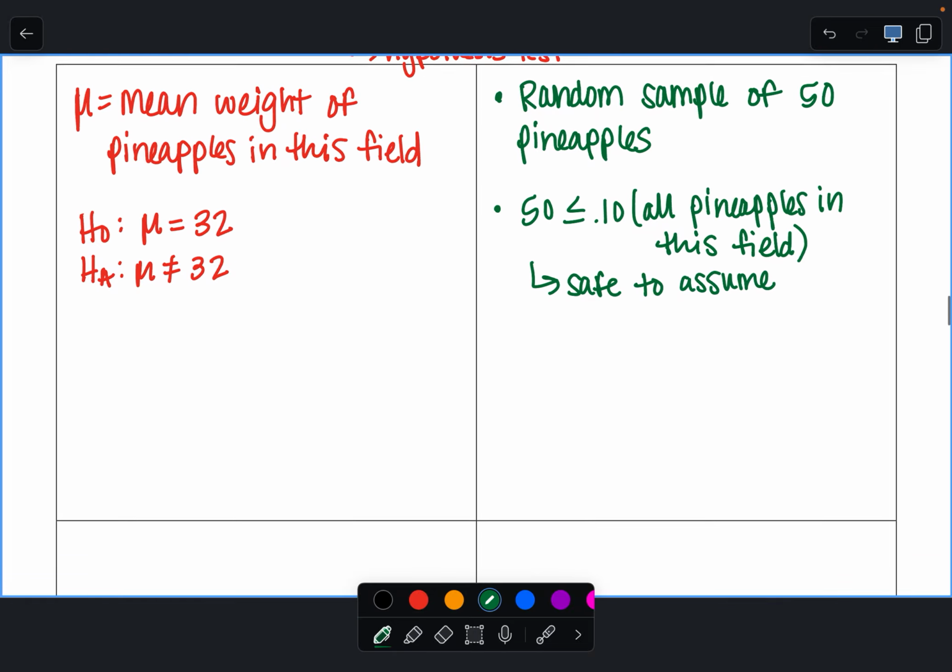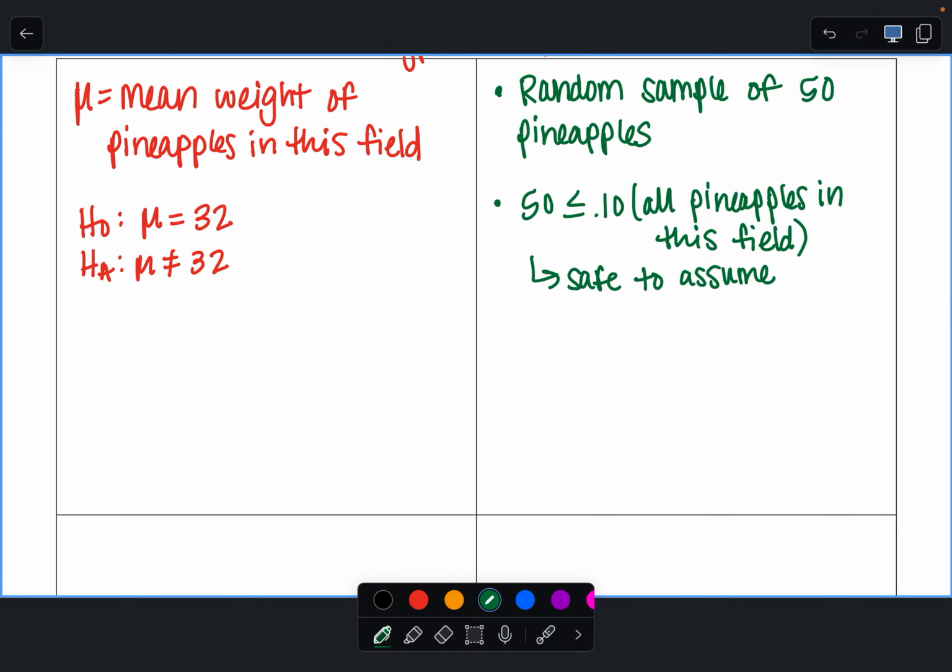And because my sample size is so large, it's 50, I don't have to graph it. I don't have anything to graph anyway, but I can just say, since 50 is greater than or equal to 30, CLT says